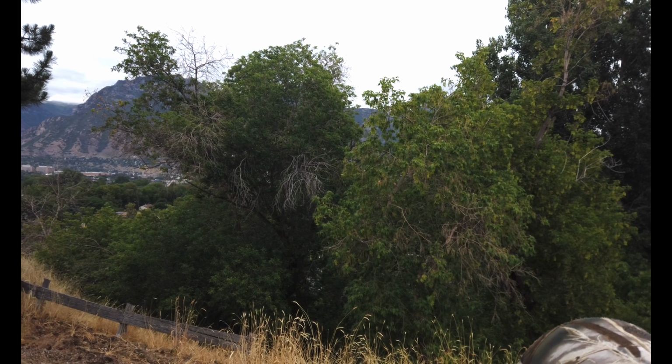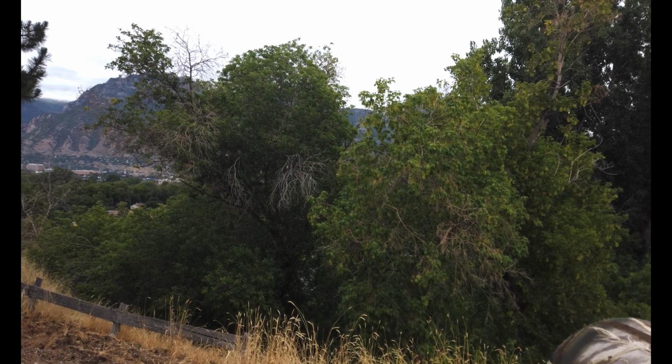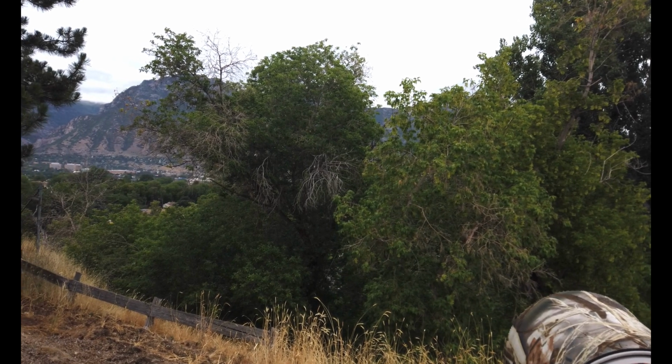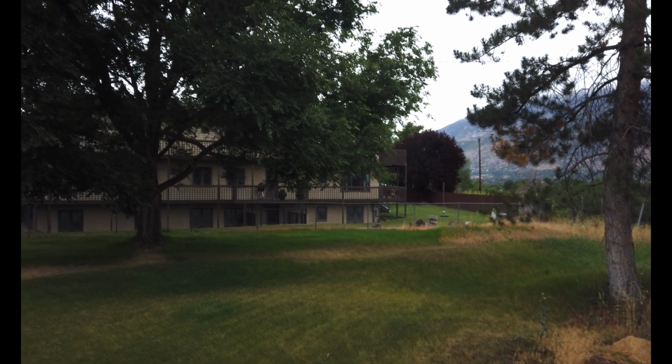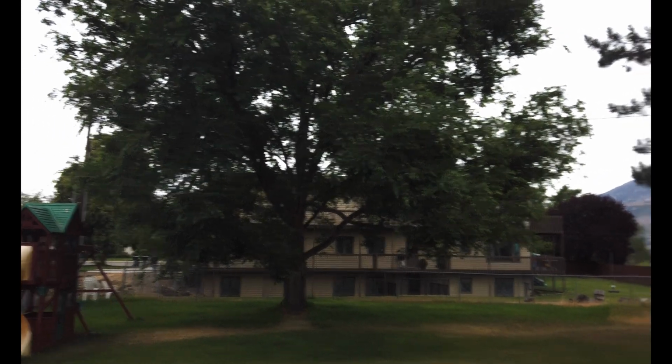So one of them's just in this little tree, right? Like 2 trees back. Can't really see him here. And then the other 2, let's see, they're up in that tree right there. There's 2 of them just hidden back, and that one's